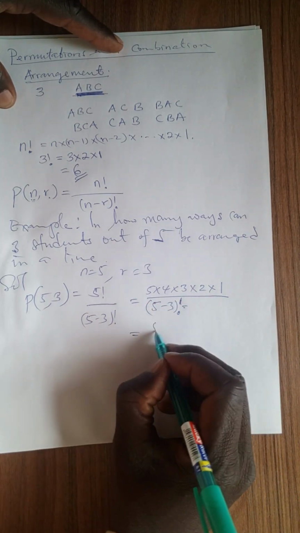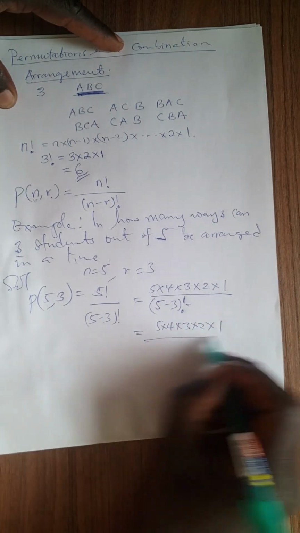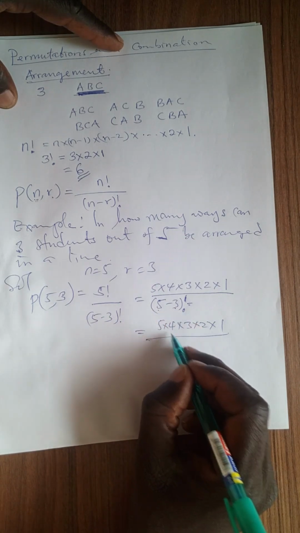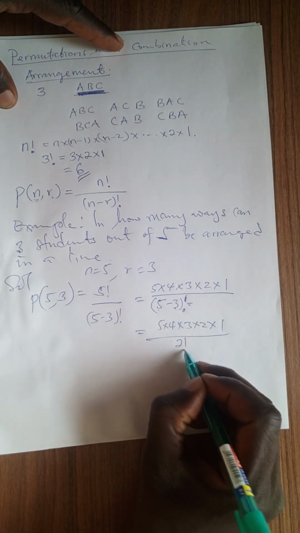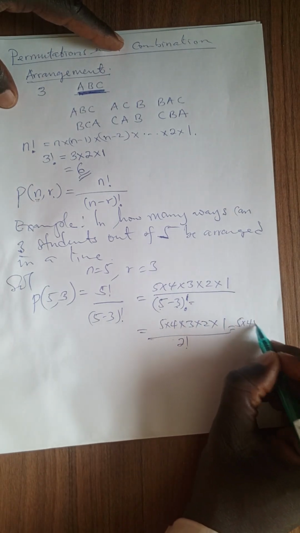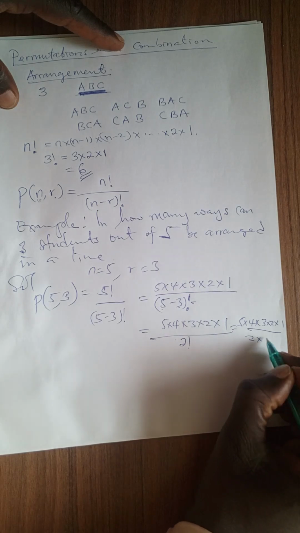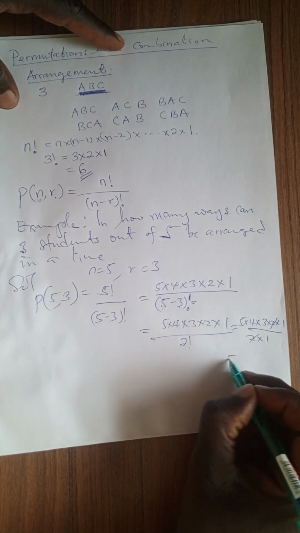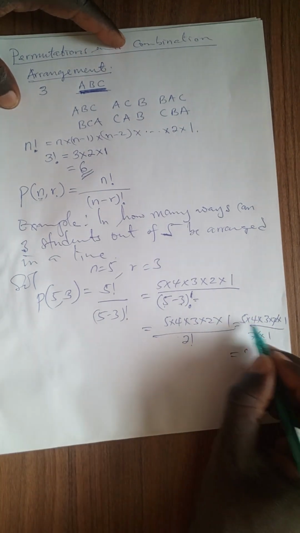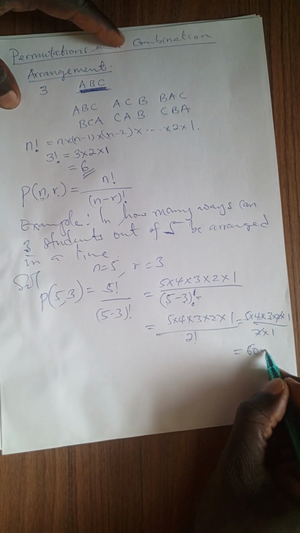I have 5 times 4 times 3 times 2 times 1 over 5 minus 3. The answer is 2 factorial. But this is equal to what? 5 times 4 times 3 times 2 times 1 over 2 times 1. So 2 cancels 2, and I have 5 times 4 times 3. 5 times 4 is 20, 20 times 3, the answer is 60. So I have 60 ways